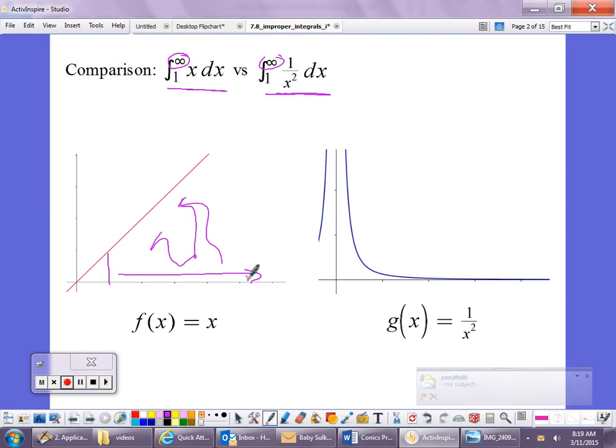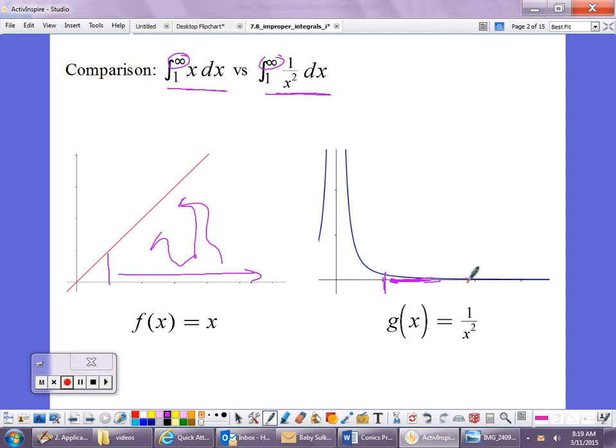On the other hand, look at this integral here. I'm going the integral from 1 to infinity of 1 over x squared. So here's g of x is 1 over x squared. Here's 1. And we're taking this area underneath. This pen is a little bit, this thing is not calibrated great, but that's all right. We'll manage. We're looking at that area under the curve, and we can at least